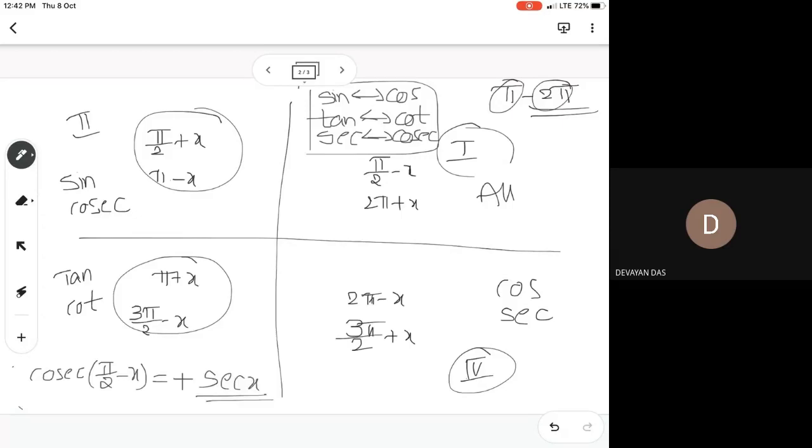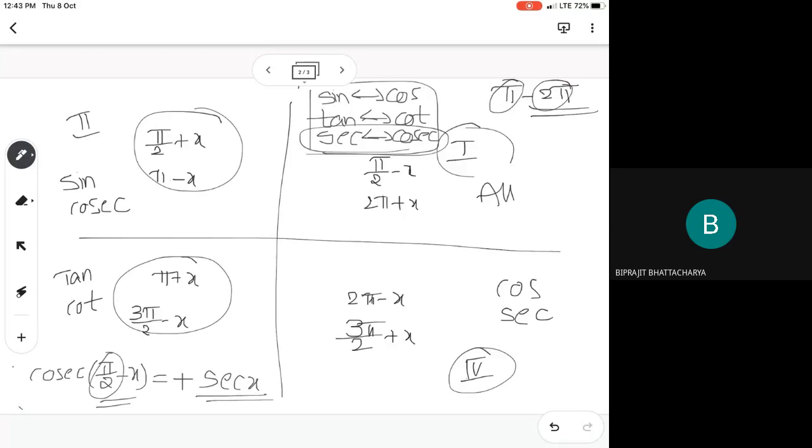So secant x. You are going to get secant, because as you are having pi by 2, Pralay, listen son, when you are having pi by 2, cosec changes to secant, secant changes to cosec. So this thing you have to remember. You are forgetting that you only see positive or negative. When you are having pi by 2, 3 pi by 2, it changes. When you are having pi and 3 pi, it does not change.